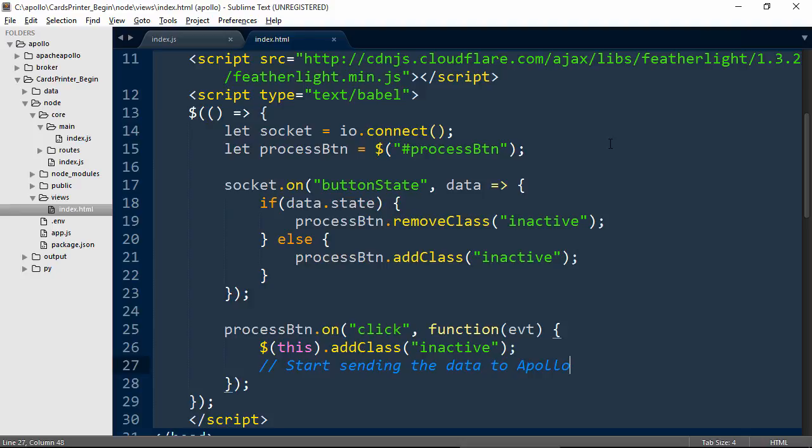And the function notation here does precisely that. It binds the this keyword correctly to the process button. If we use the arrow here, then the this keyword refers to the this of the parent scope inside which the event listener has been created. Therefore, it doesn't point to the process button and hence doesn't work.